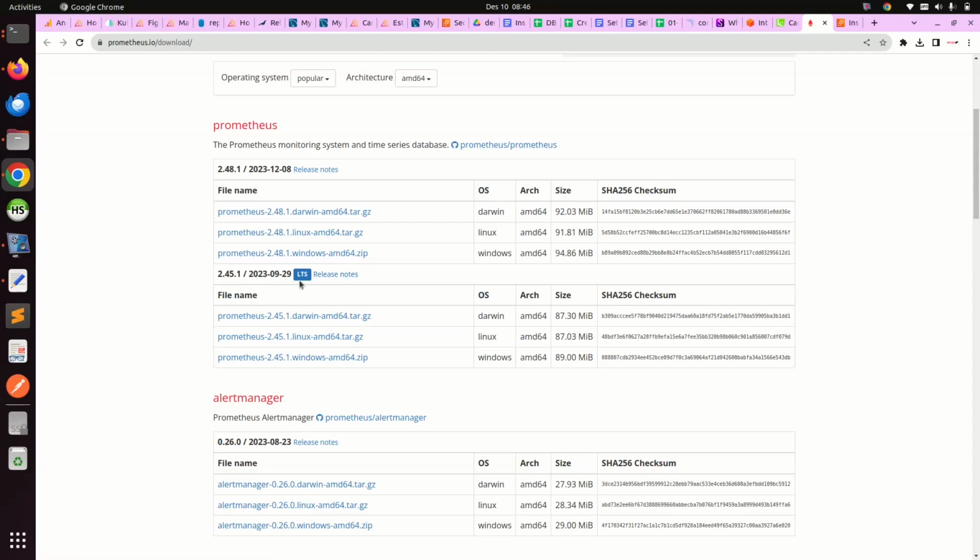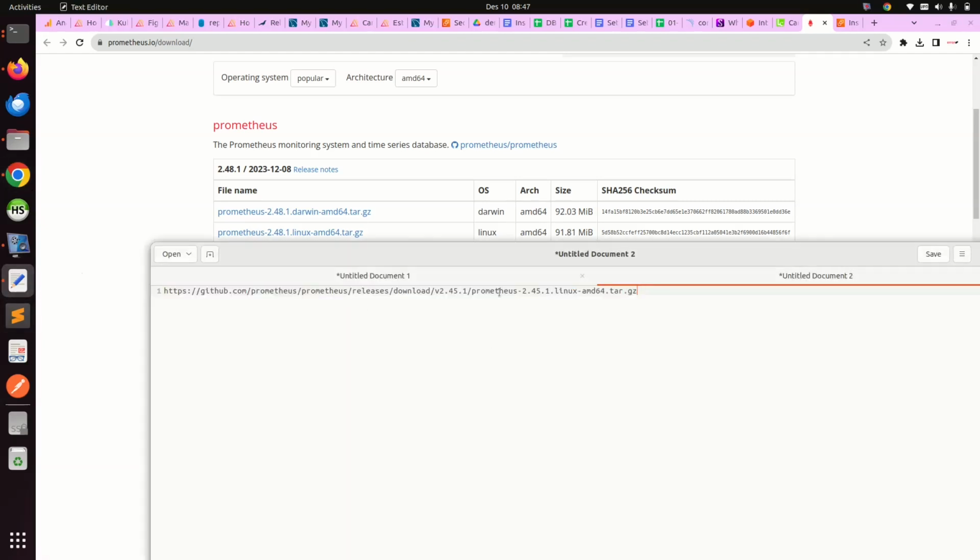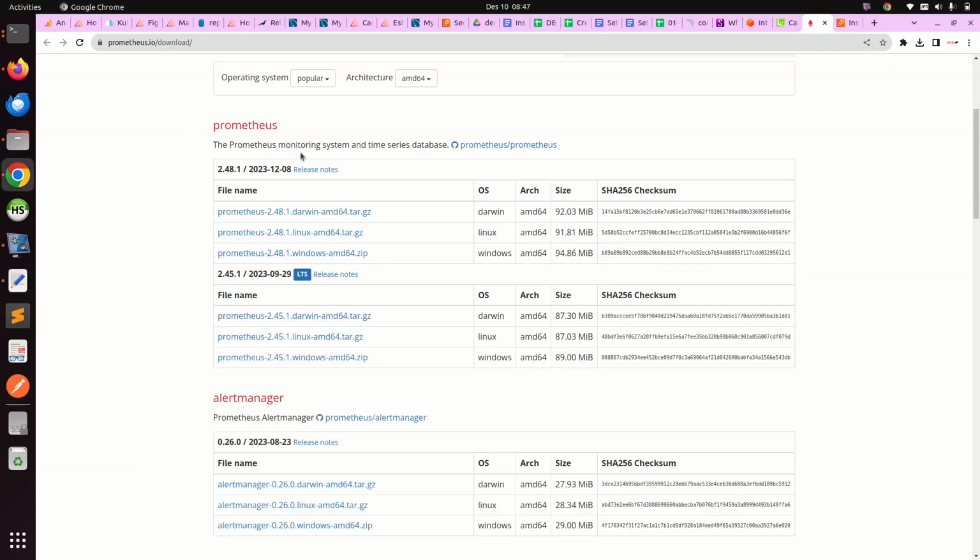LTS means long term support, so we have to choose this instead of the top one. Okay, we just copy the link. We will download the Prometheus source from the terminal instead of downloading from the browser.